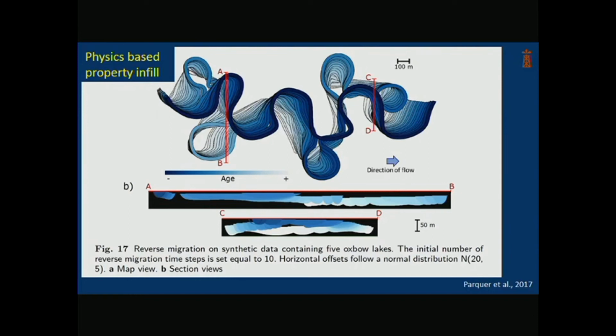The blue line is an actual river channel as imaged in seismic, and what they've been able to do based on physical simulations is to calculate where that river used to be. So by understanding enough about how meanders evolve, they've gone backwards in time and said, this is what it looked like at t-1, doing a backward inversion of how the river has evolved as a function of time. And then, of course, they can compare that with the seismic data to see how it's worked.